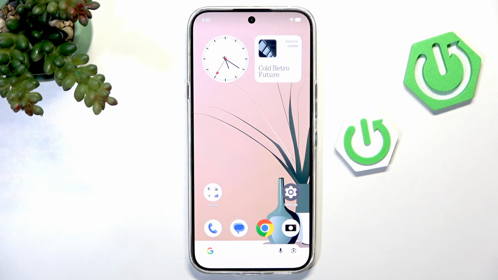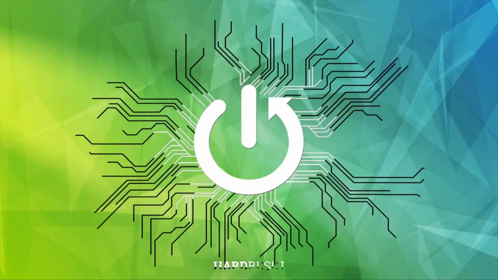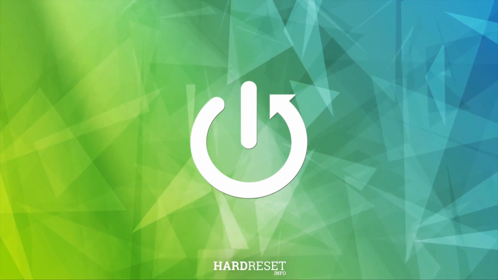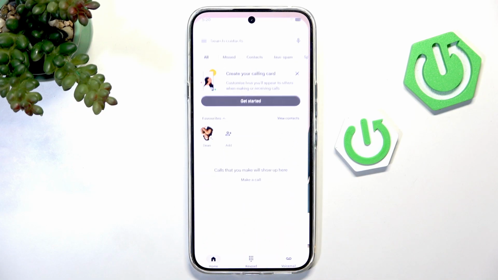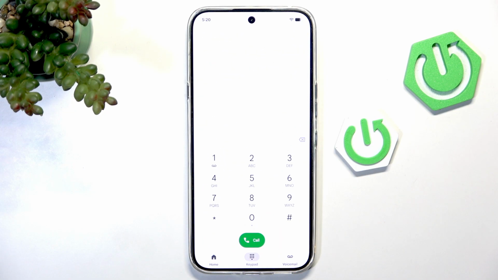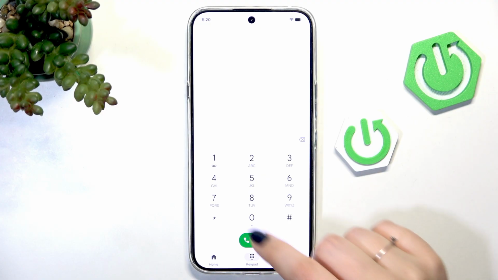Hi everyone, in front of me I've got Nothing Phone 4a Pro, and let me share with you how to use secret codes on this device. So let's begin with opening the dialer, tap on the keypad, and let's start with the shortest code, which is